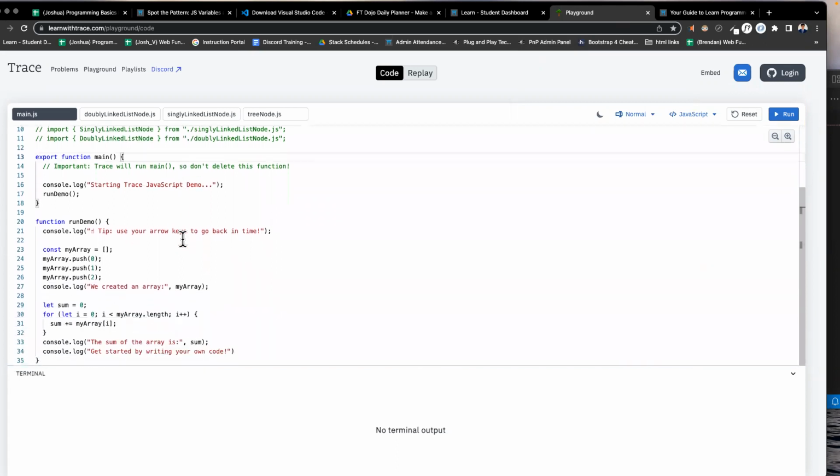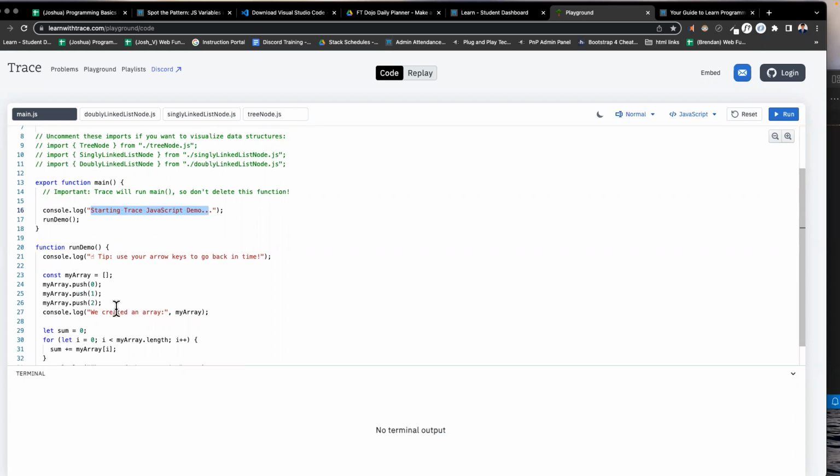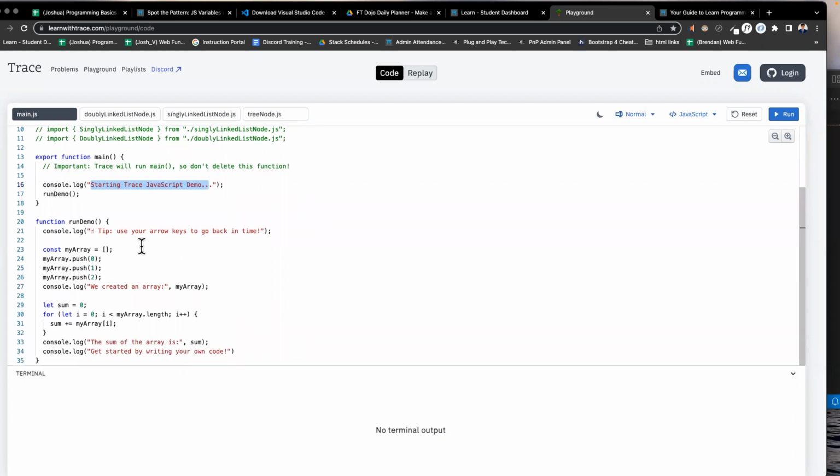We don't have to know what it does, but sometimes it says console.log, and it's going to say these different words within these strings, and we know they're strings because they have quotations around them. And occasionally our code is going to say console.log. So if I click run at this top right area,